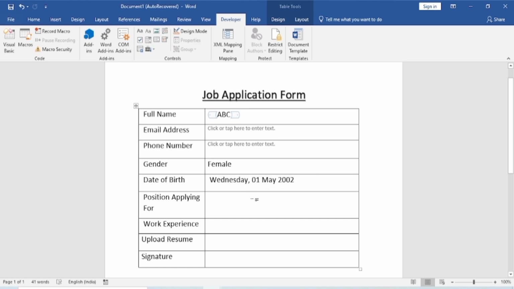For position applying for, I am adding a drop-down. You can add fields as per your preference.